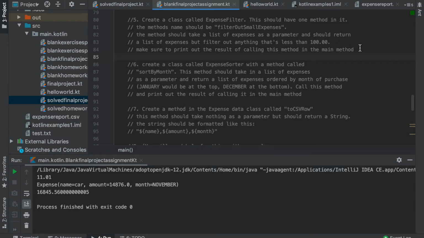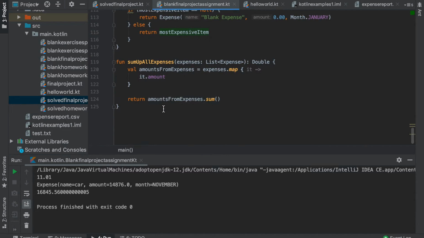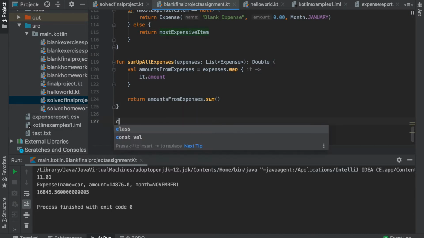The reason that I've added 5 in here is because I want you guys to get some practice with creating classes so that you can solve specific problems. So in this case, for example, we want to create a class called expense filter, and this should have only one method in it. And I just want you to get some more practice with creating classes for very specific purposes. So what we are going to do is below here, we will create the class called